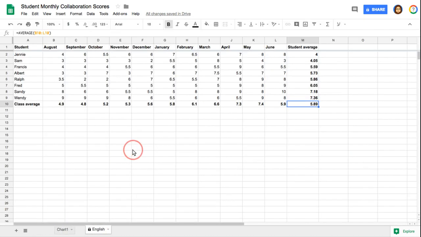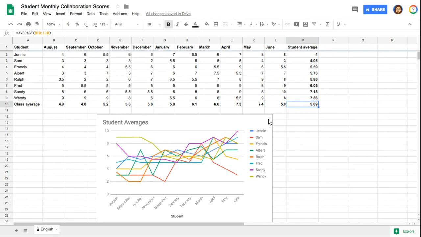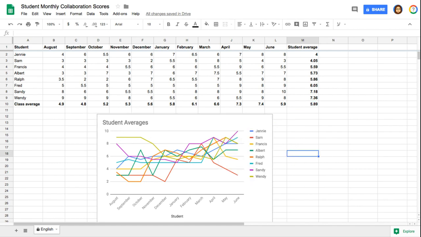If I wanted to bring my chart back here, another thing that I can do is copy it. And if I have a Google Doc or Google Slides, I can actually import my charts into either Google Docs or into Google Slides. And so those are some of the neat things that you can do with charts in